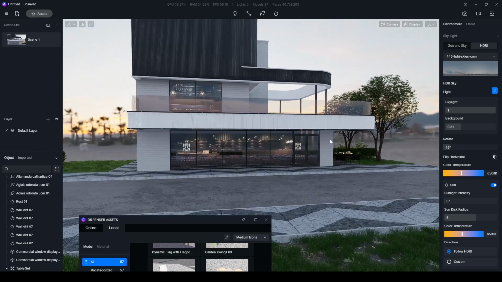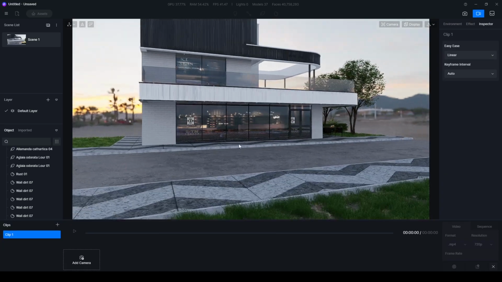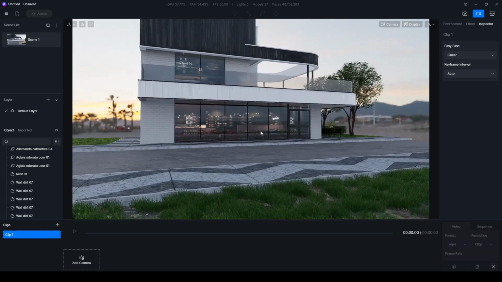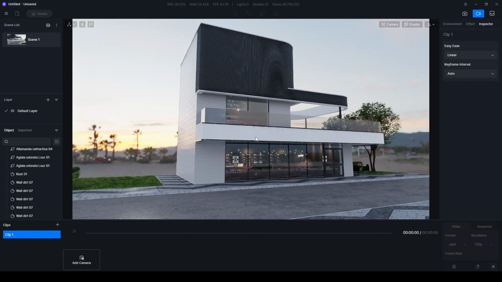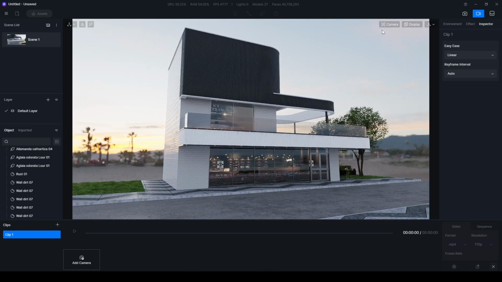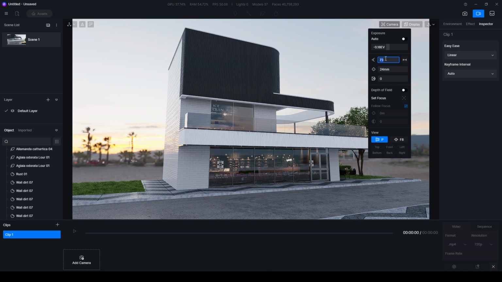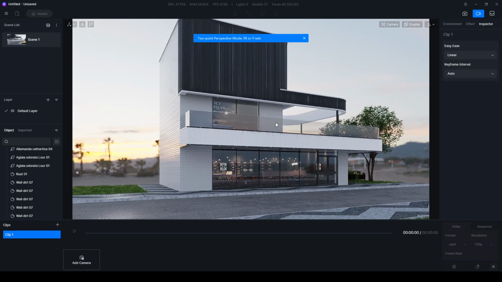Okay, now our scene is ready to render, but in addition to a still render, I'm going to show you how to animate this. It's going to be very simple and basic. We are just going to go to this camera and we are going to determine a position. Something like this. Let's make this 65. Hit the F8.